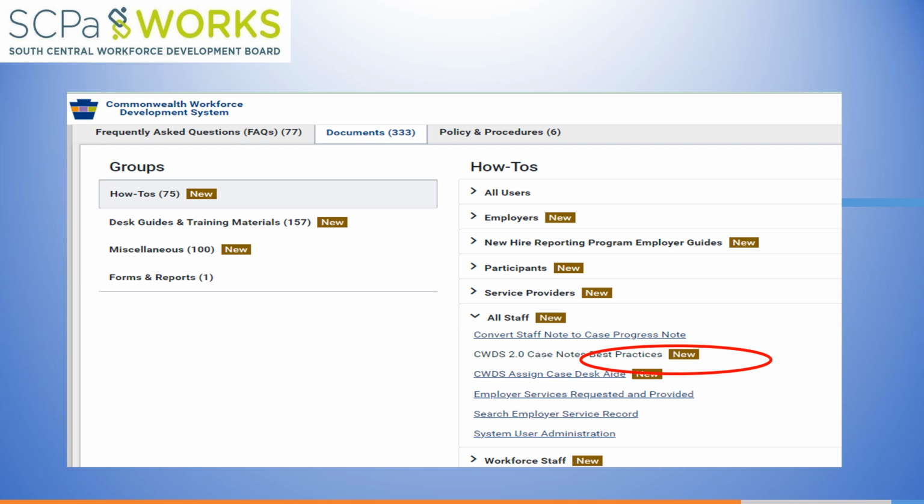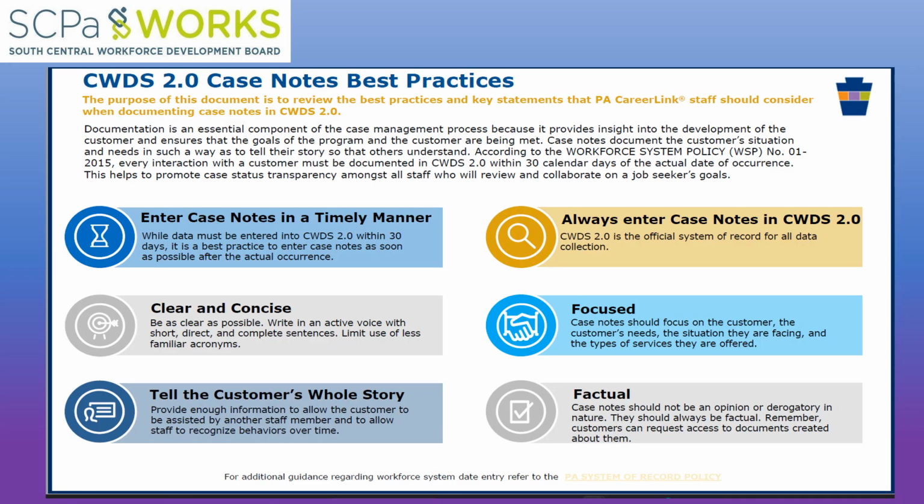Case notes are a vital part of documenting a participant's journey through receiving Title I benefits and services. All aspects of service delivery must be recorded in CWDS. Case notes are the chronological records of interactions, observations, and actions involving a WIOA participant. Case notes tell the story of a participant's experience and serve as a record of everything that happened with a participant during their participation under the WIOA program, and this includes the follow-up after exit.